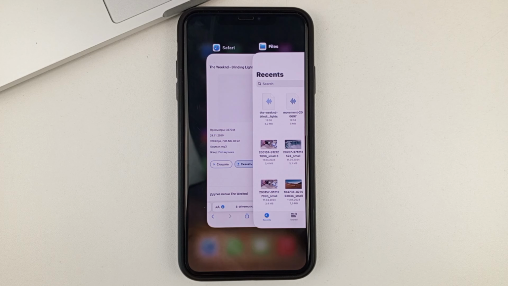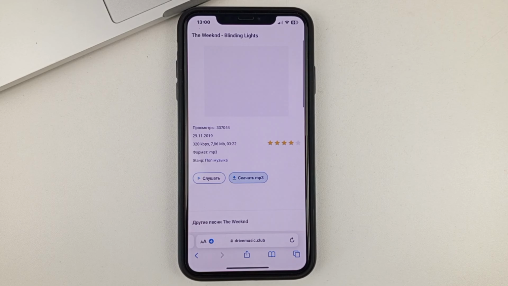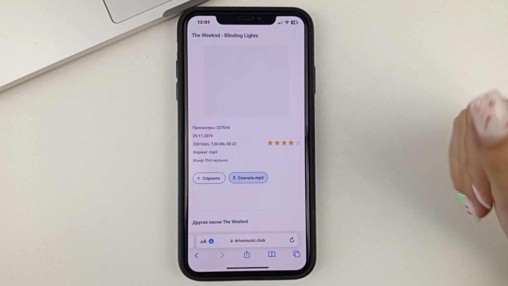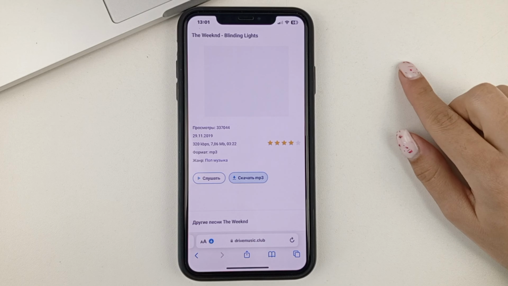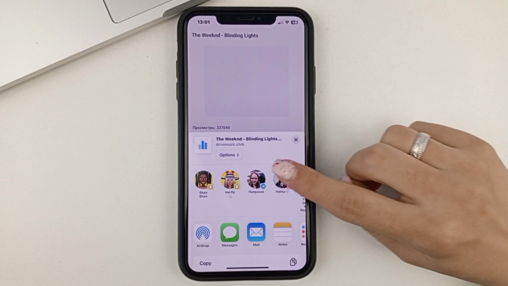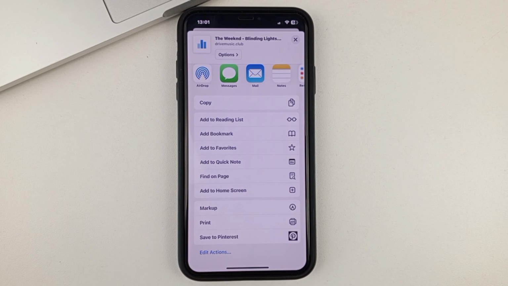If, however, when you go to the Files folder, you don't immediately find the song you downloaded, it means that you will need to do one more action. After you download the song, then on the website you'll need to click on the send arrow. And then further down at the bottom, right there in the menu should be Save to Files. You choose Save to Files, and after that 100% of your song that you downloaded will be in the Files folder on your iPhone.